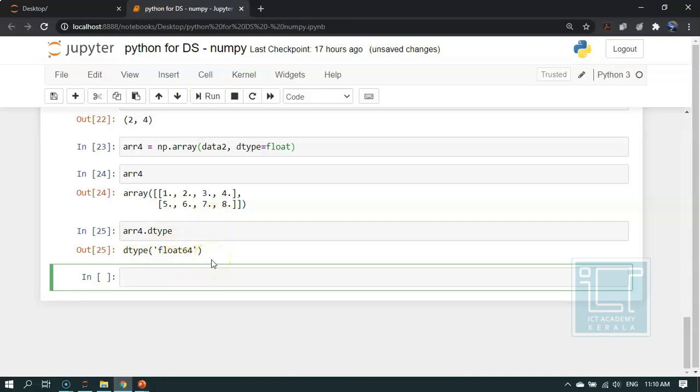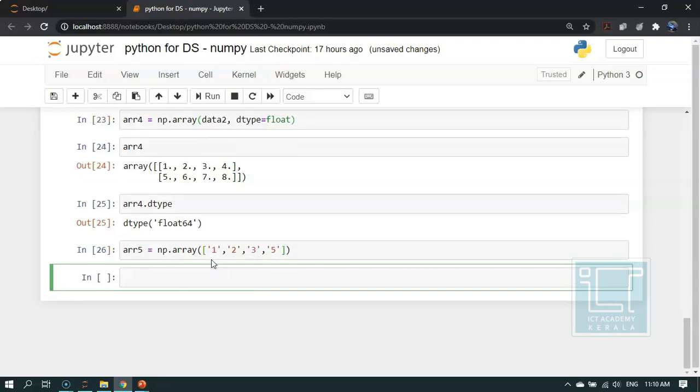Now we are creating one more array, arr5, with these values. I've created arr5.